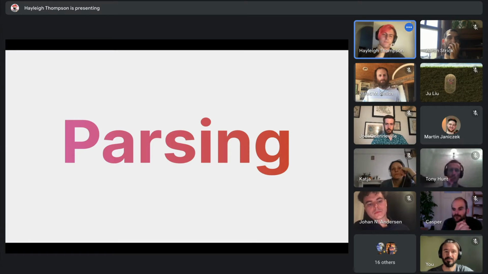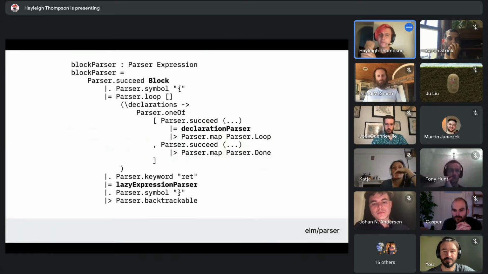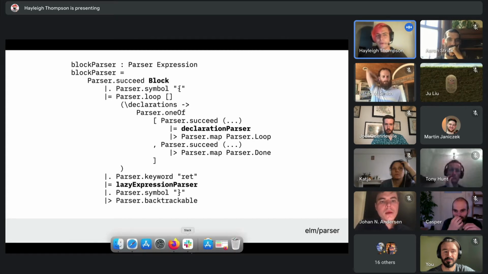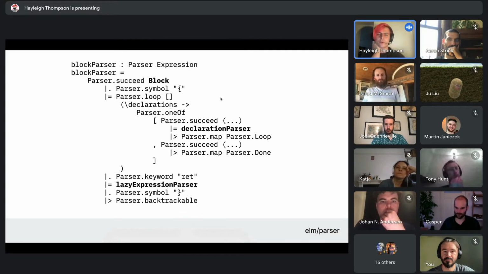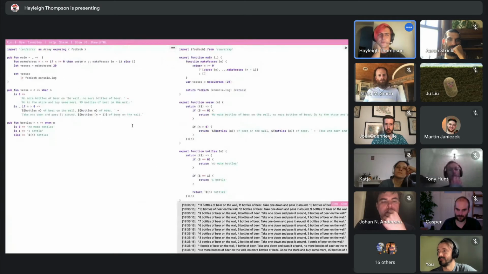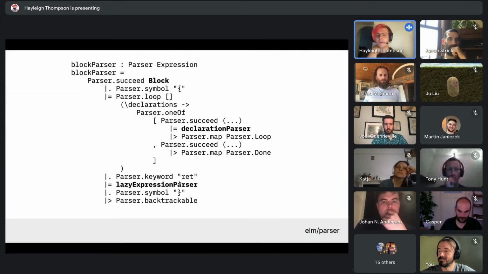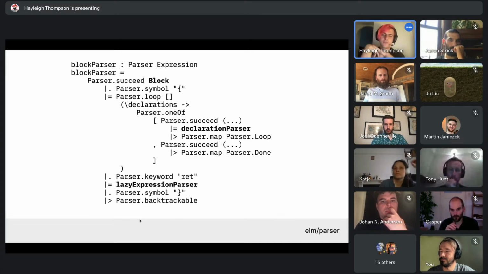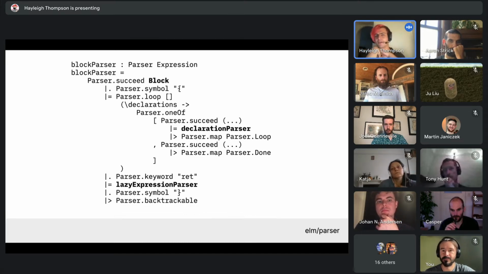So the first thing that we need to think about is basically how do we parse some source code into this. And so for that, I'm using the Elm parser library. So this is a chunk of the block parser. A block is an expression wrapped in curly braces, and then you have 0 or more declarations. So that's like this make verses or this verses. These are declarations. And then a return keyword. And then we kind of recurse on the expression parser itself to parse the main expression or the body expression. And I've left out some white space handling, but really this is all there is to the block